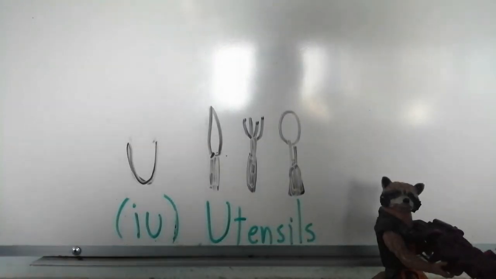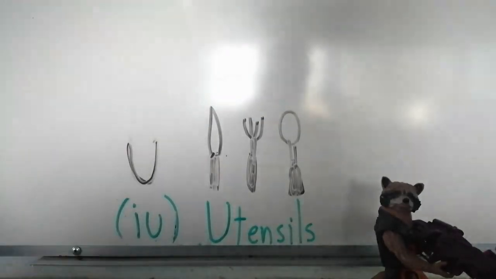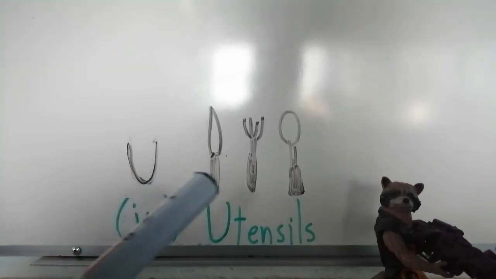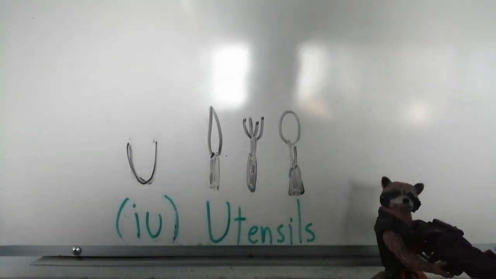U. Remember, it's not you, it's U, like in utensils. Okay, utensils are these three objects, can be more. For example, this is a knife, a fork, and a spoon. But all three together, where you're going to use the word utensils, yeah, something like that. Okay, next one is